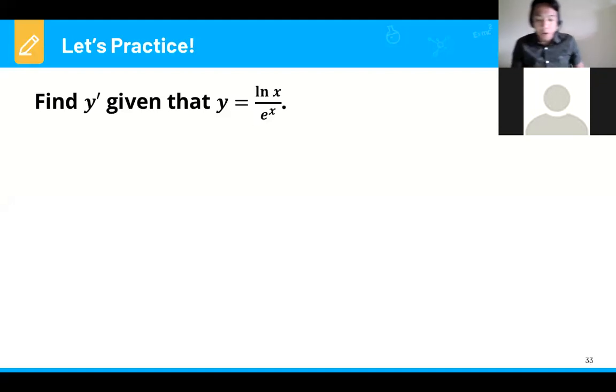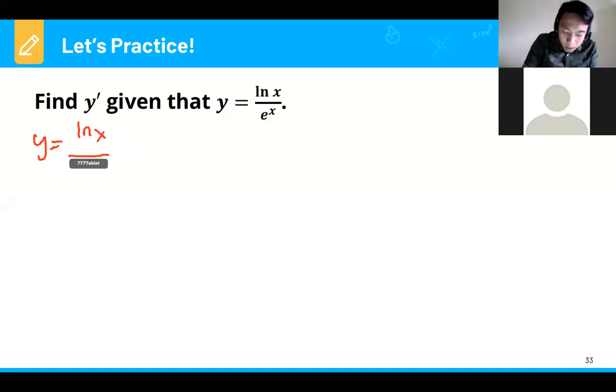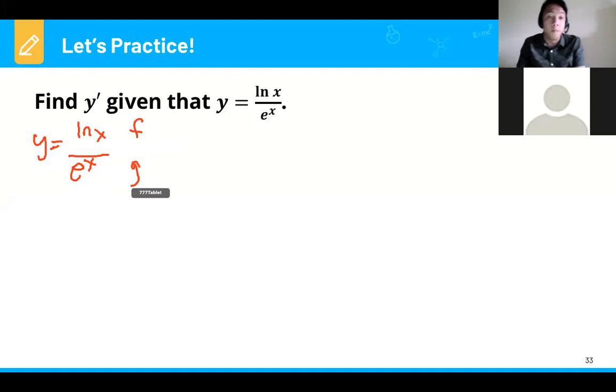Yeah. So we need to find this. y equals ln x over e raised to x. So this part will become f, this one will become g. Right? So the division rule natin sa differentiation, we will copy first